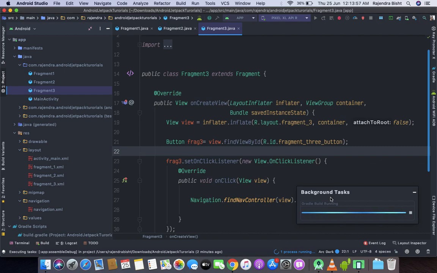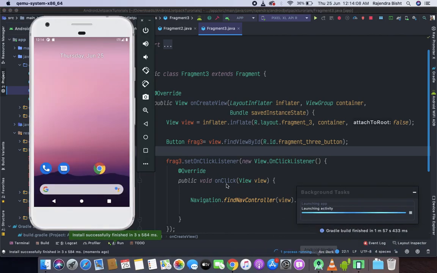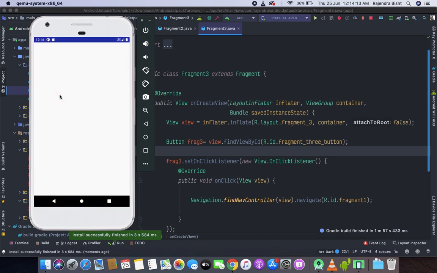It is taking too much time. Okay, now installing the app. Let's go to the emulator. So here is our app.